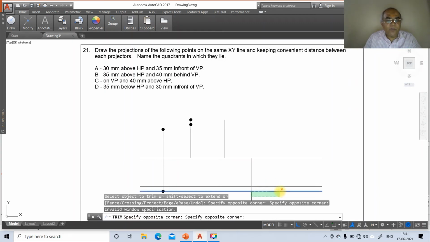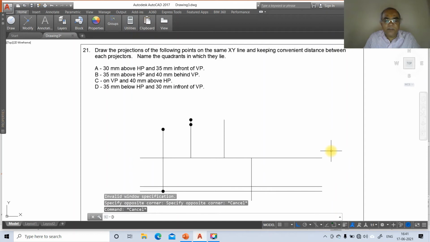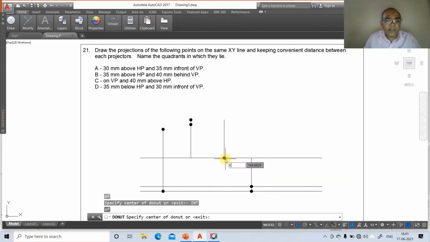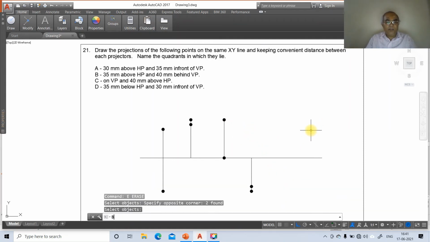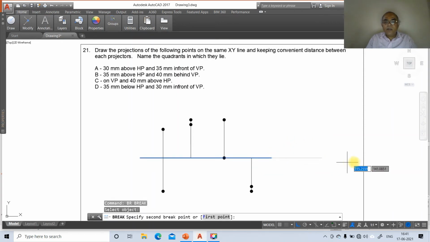this line, go to donut, inside diameter, outside diameter, you take INT of this, then go to trim this line till here, then go to donut, take INT of this and take INT of this and take INT of this and take endpoint of this, then go to erase these two. Now we have all the drawings done, and then break this and you break this, then go to